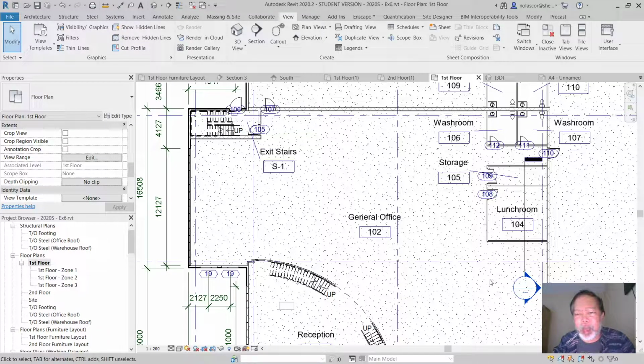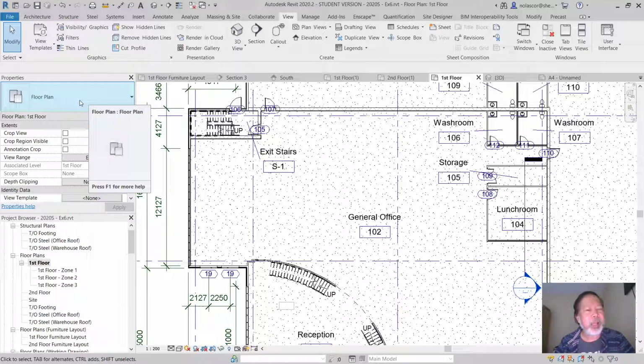Have you ever wondered how come if this is a 3D model, we are not seeing the roof or the foundation plans and all the other details? How is it being controlled by Revit? Well, it turns out if you do not select anything and you're in the floor plan type, there's a view